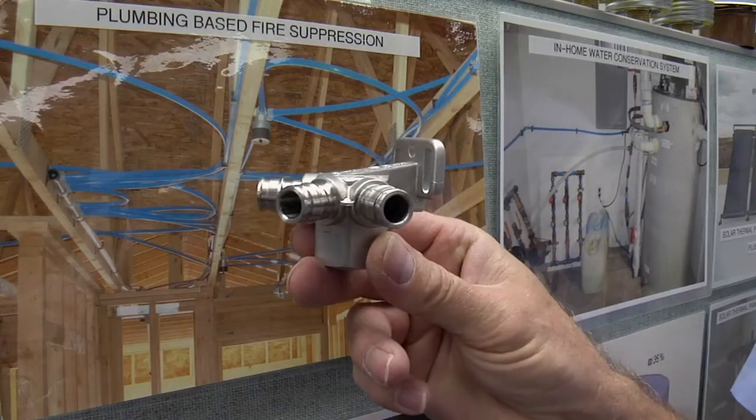I've been involved in the plumbing, mechanical, building trades world for over 30 years. I've been a salesman, a designer of systems, and a consultant. My goal has always been to find and utilize products, systems, and services which would continually make people's homes better, safer, and more efficient. I have a patented part called a 4-port fitting, and I have a patent pending on